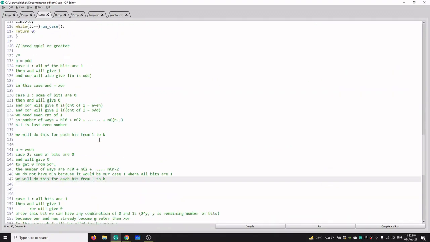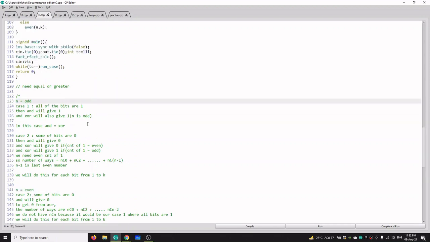so we have two cases. First, n could be odd, and second, n could be even. Okay, so let's first discuss the case when n is odd. Let's say we take a particular ith bit from the k bits, and we need to make the AND value greater than or equal to XOR.